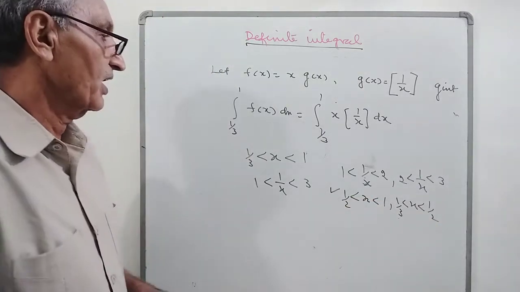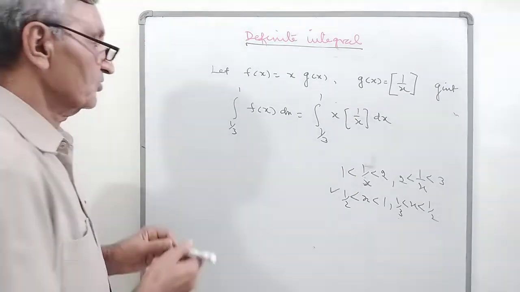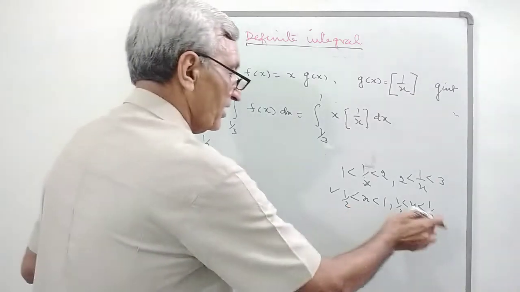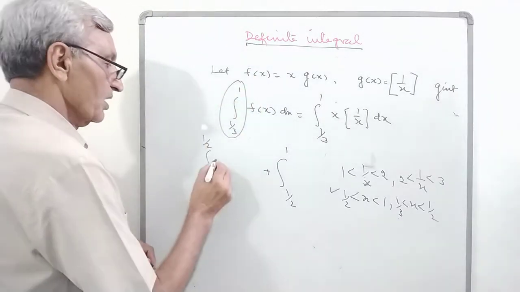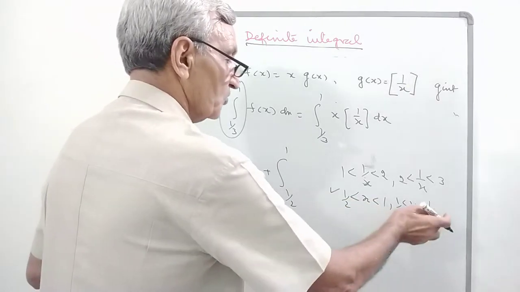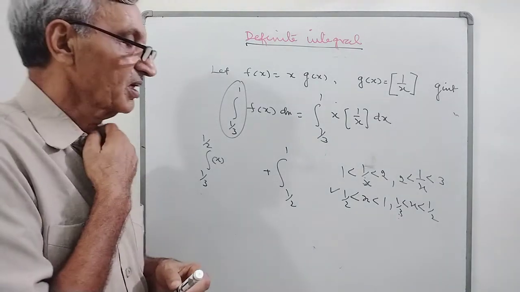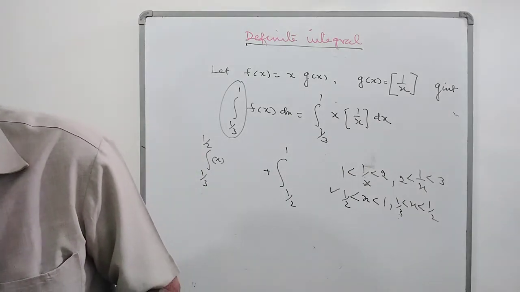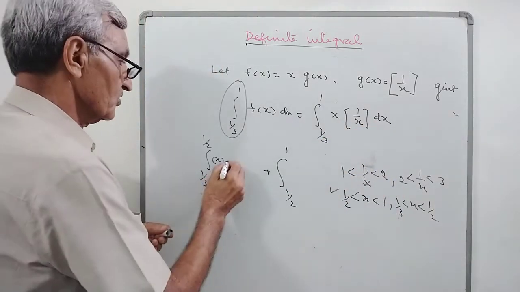My result एक तक है ना, तो मैं अब क्या करूँगा. मेरी बात आपको समझ में नहीं आई होगी, तो मैं शुरू कर रहा हूँ. ये 1 by 3 से लेके 1 by 2 and 1 by 2 से लेके 1. I divide this into two parts. Here x, when its value lies between 1 by 3 to 1 by 2, the value of the greatest integer function is equal to 0. So 1 by 3 to 1 by 2, and the answer is equal to 0, plus